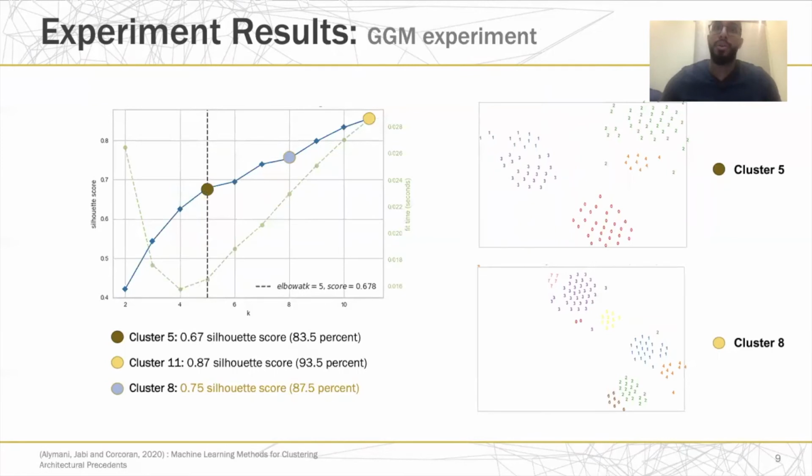The GMM algorithm was also run with different numbers of clusters. The purpose of using the GMM was to locate uncertainty in the groups. The testing of the GMM experiment shows that there was no overlap between the clusters, which means that all groups were certainly partitioned. Moreover, it still obtained a good accuracy result, such as a 0.75 silhouette score, which is around 87.5%.